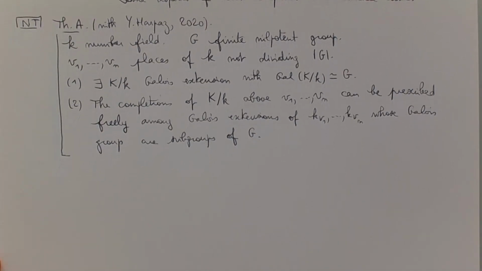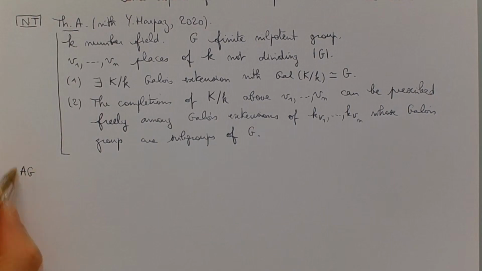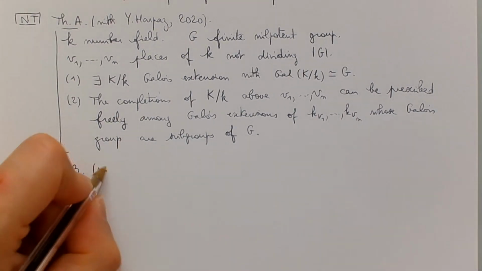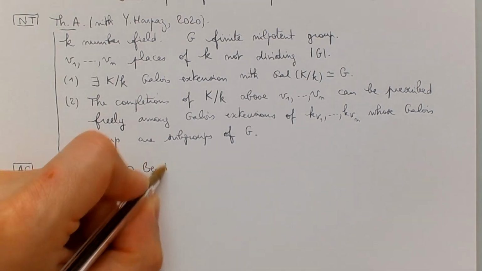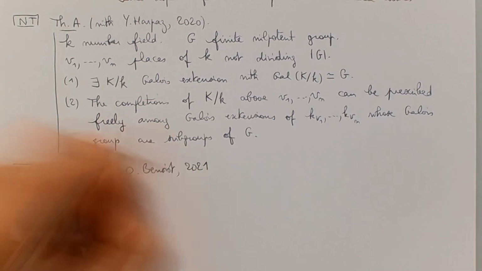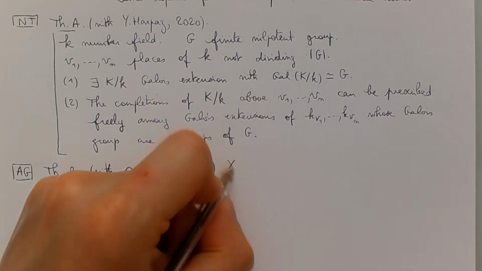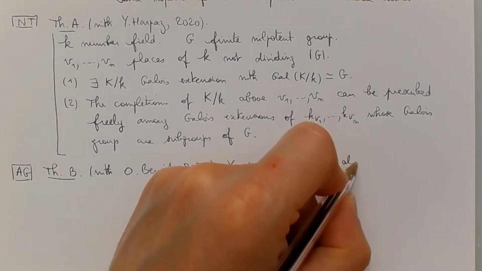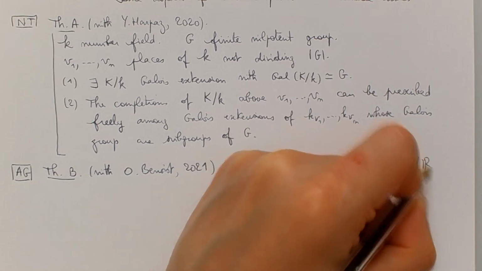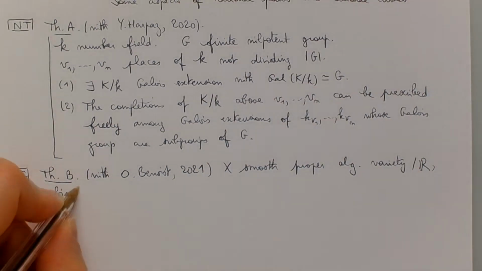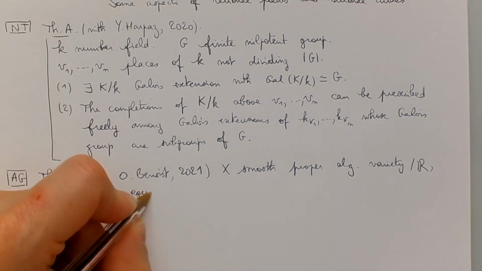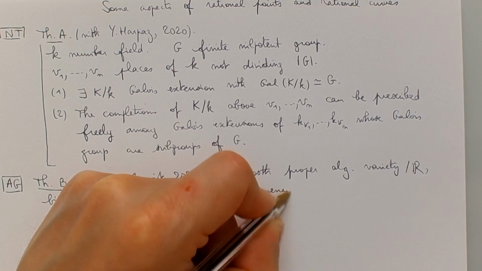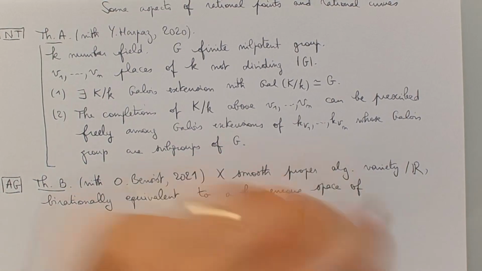Now, the second theorem that I want to present is a theorem in algebraic geometry, more precisely in real algebraic geometry, Theorem B, which was obtained jointly with Olivier Benoit from Paris too. The year of publication is 2021. So here, let X be a smooth, proper algebraic variety over the reals. And let me assume that it's birationally equivalent either to a homogeneous space of a linear group. Here I mean a connected linear group